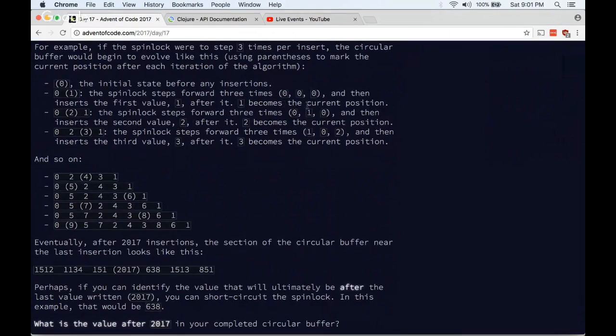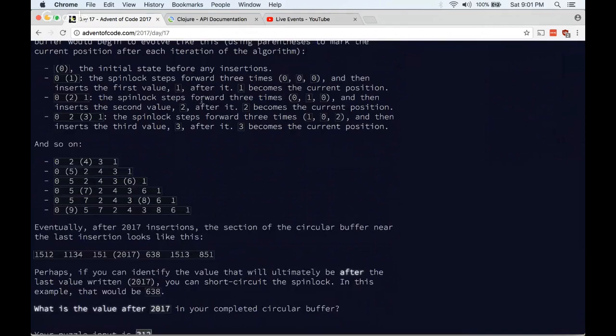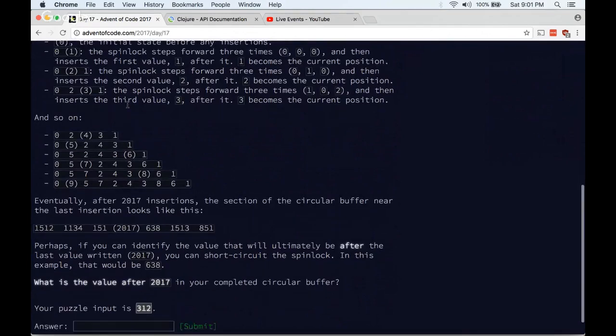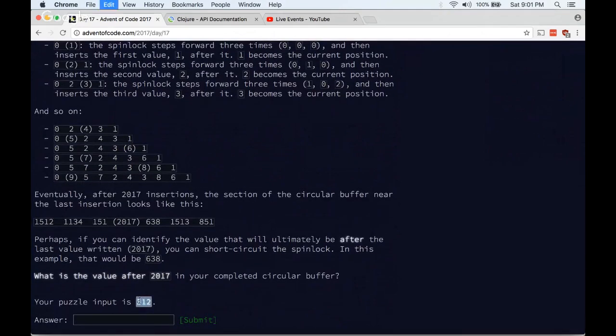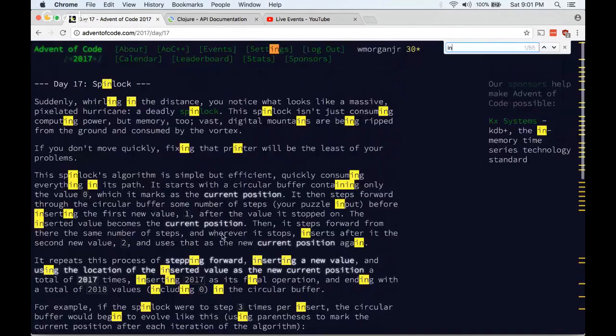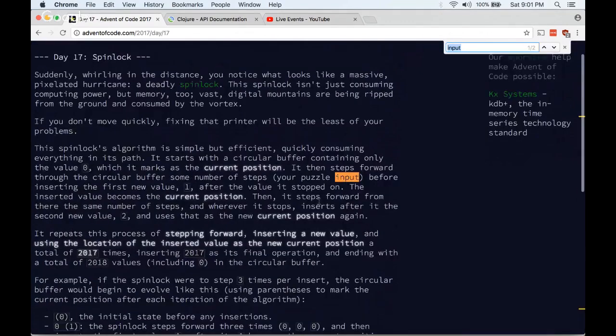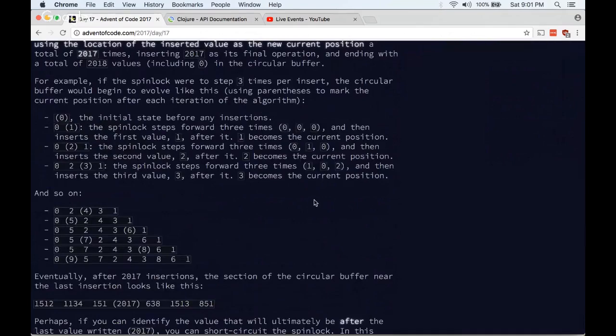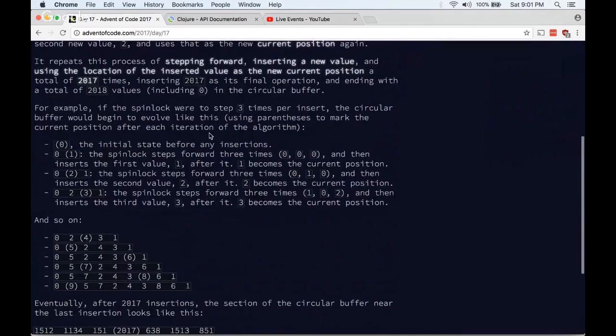All right. Steps forward. Okay, so not getting it yet. All right, so the puzzle input is this. So this sounds like the number of steps. Okay. All right, so okay, so